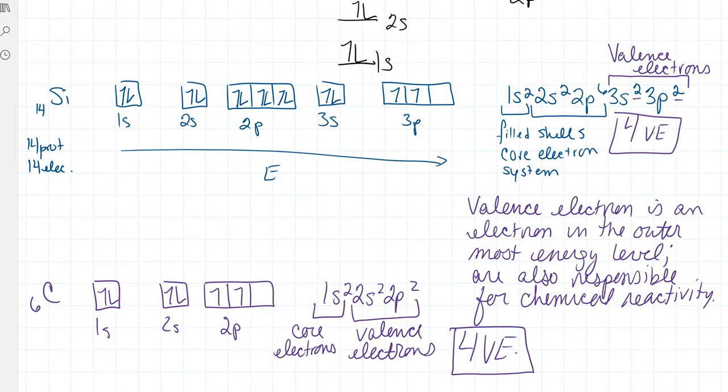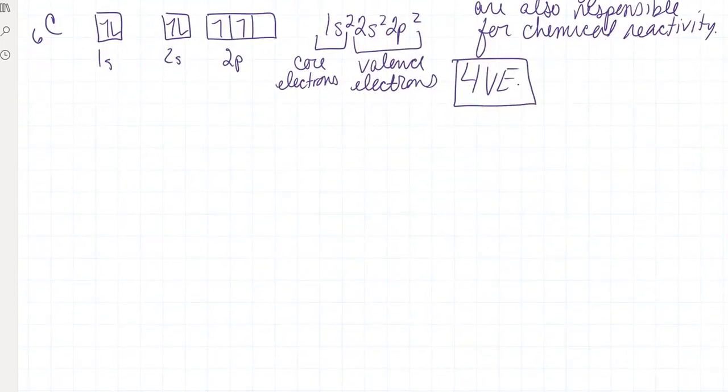So when we take a look at how this connects to the periodic table, we'll see that the periodic table is divvied up into